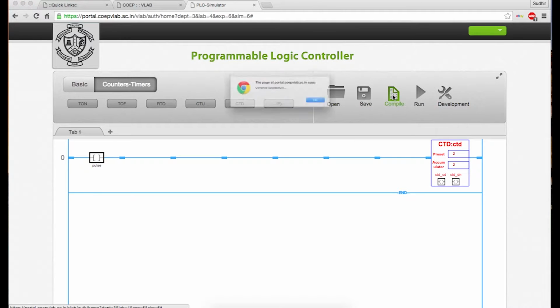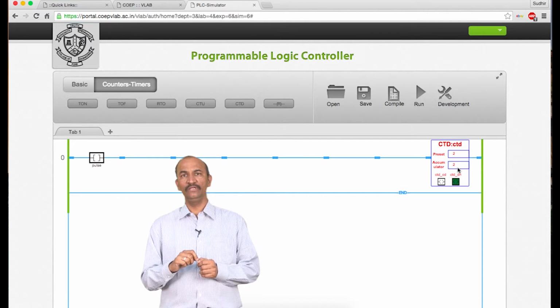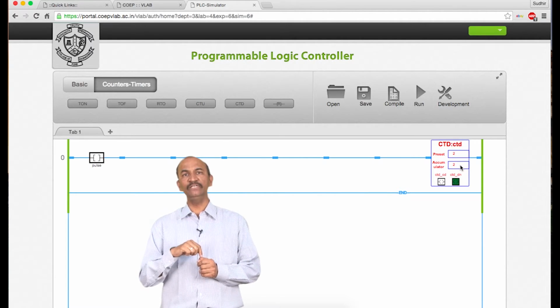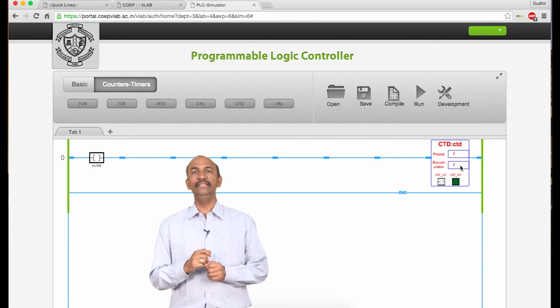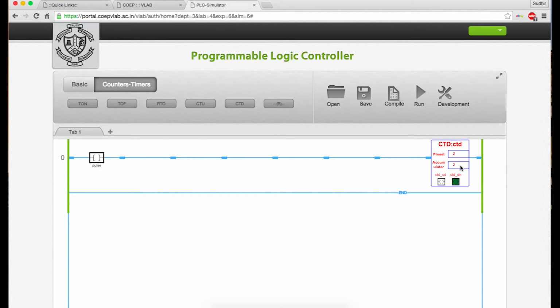Now if I compile this, you will find that, as compared to the up counter where the accumulator was 0, here whatever you have loaded is the preset value, which will be transferred to the accumulator, and then the accumulator will go on decrementing. That's the reason it is called a down counter. Look at one more thing: your done bit is already on and the count done bit is not on because you